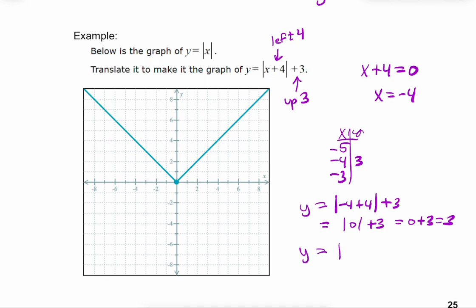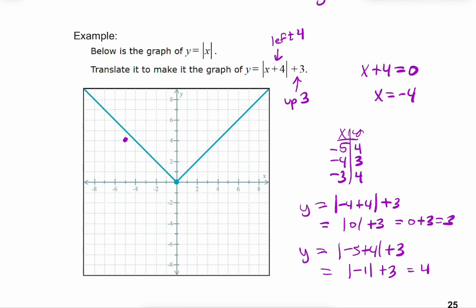If I plug in -5, I get -5 plus 4. You get the number before you do the absolute value. So the absolute value is going to make -1 turn into a +1, right? And so we get 1 plus 3, or 4. Now when we plug in -3, we should get the same thing. We do. If you plug in -3, you get the absolute value of 1, which is 1 plus 3, which is also 4. So if you've chosen the correct center, then you should be able to find the path of your V very nicely. Okay, so let's go to the point -5, go up 4,